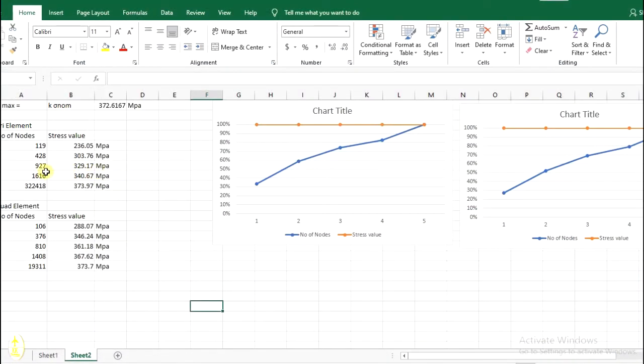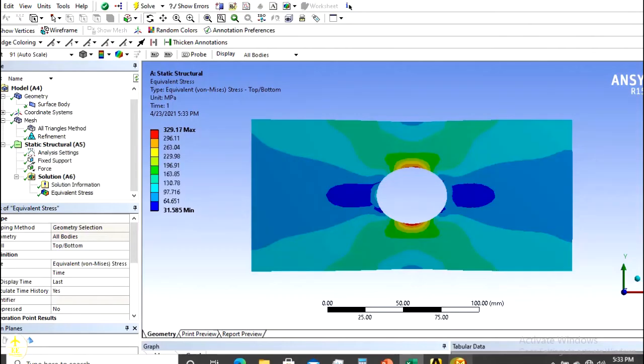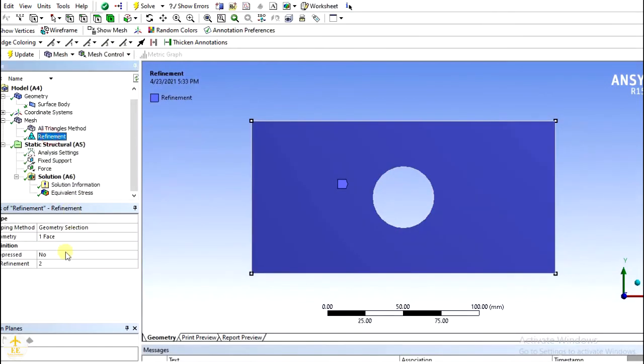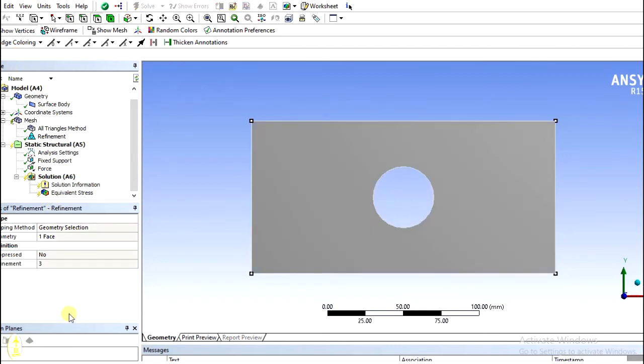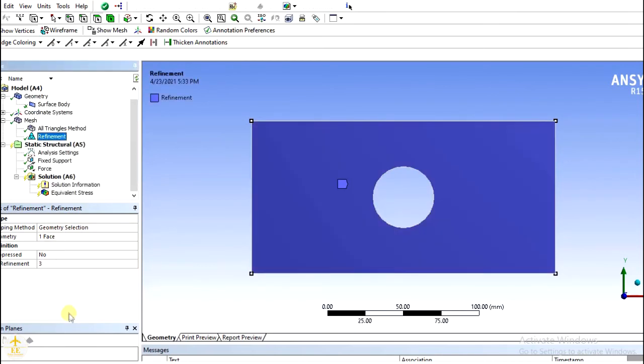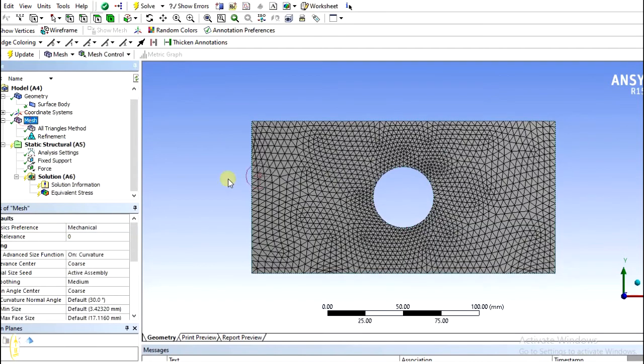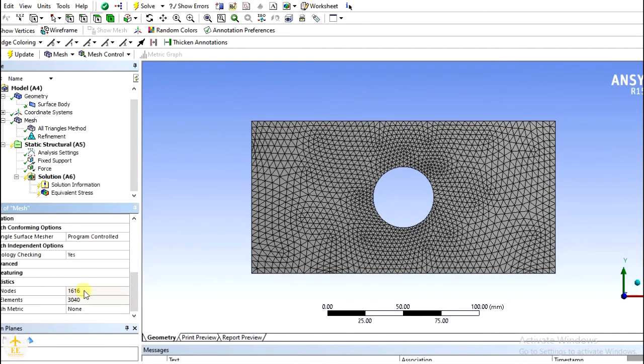Again I'm going to increase the refinement, I'm going to give 3 times refinement, and I'm going to update the geometry. Once this is updated, you can see the mesh is denser now, and the number of nodes is 1616, that is 1616 nodes are present in this model.